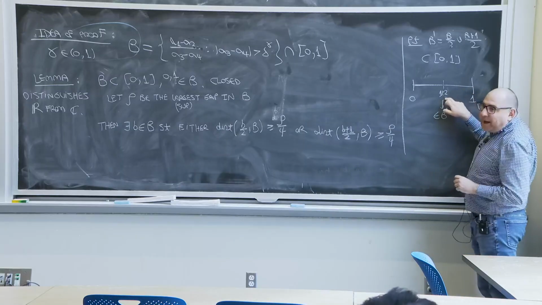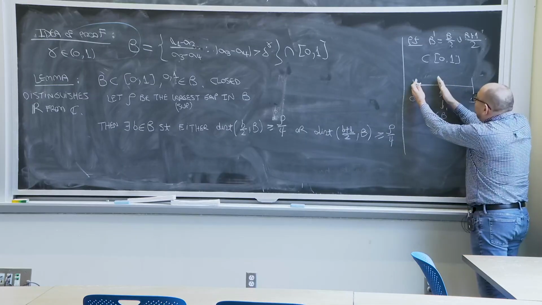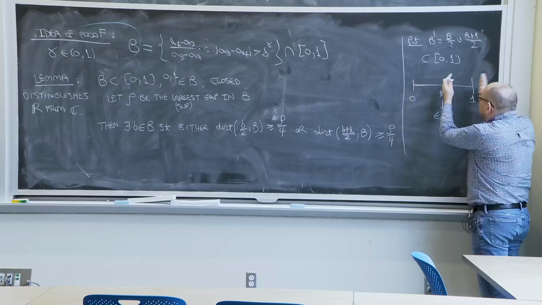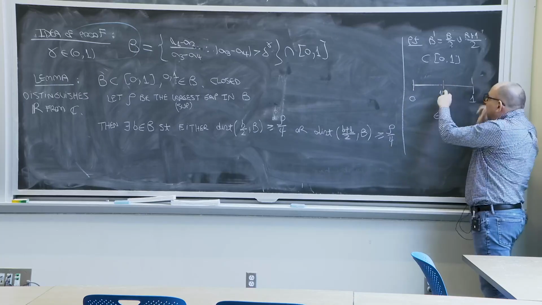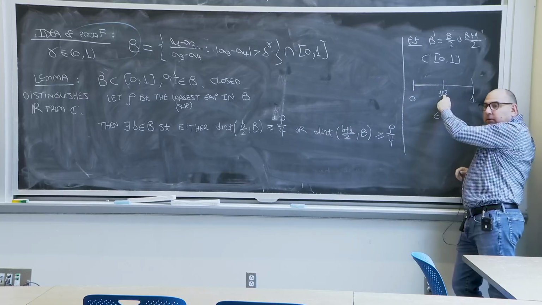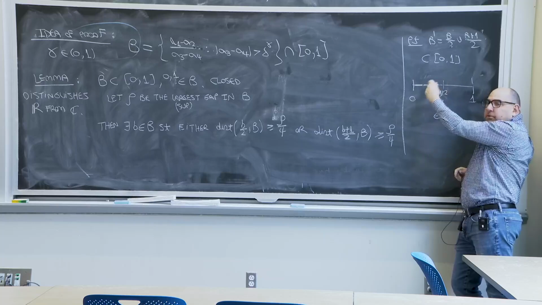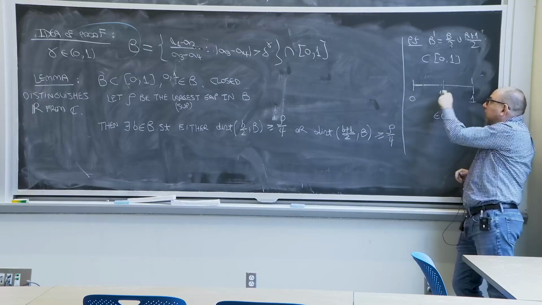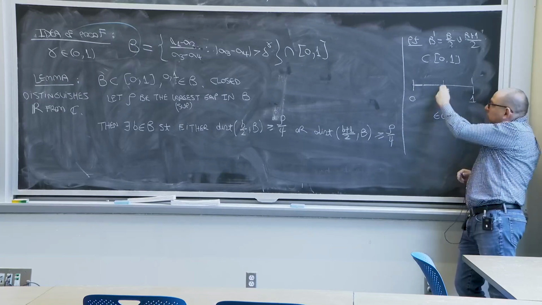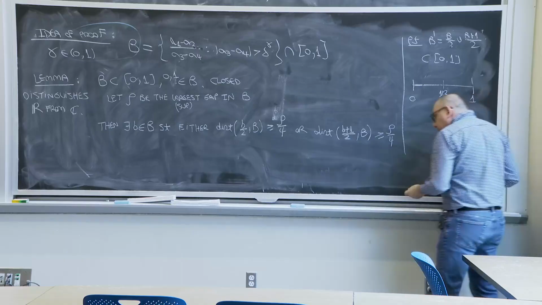Why is it important that 1 half is in B? Because here the largest gap has size rho over 2. Here the largest gap has size rho over 2. But if 1 half wasn't here, they could be combined to form a larger gap going across. But it cannot go across because 1 half is there. OK, so now